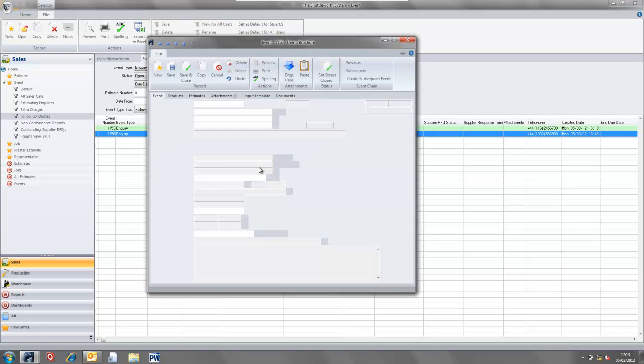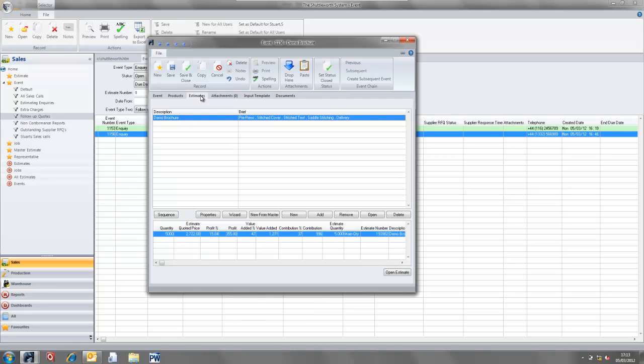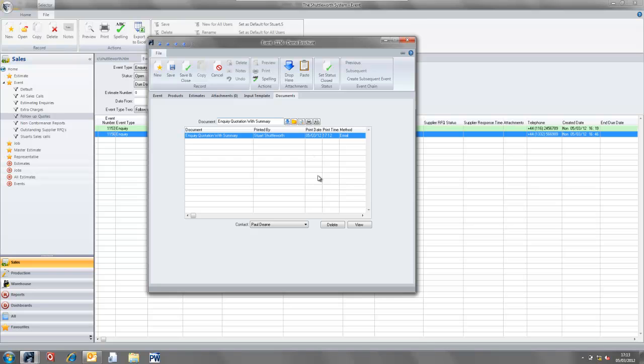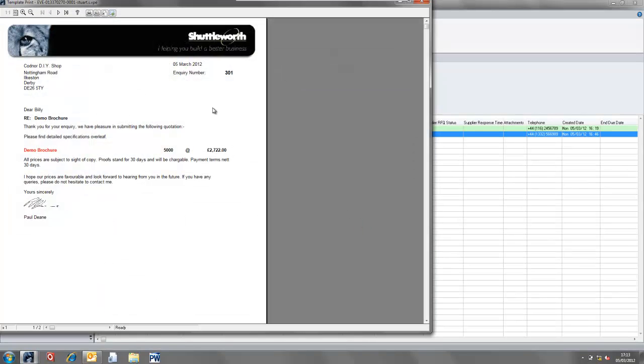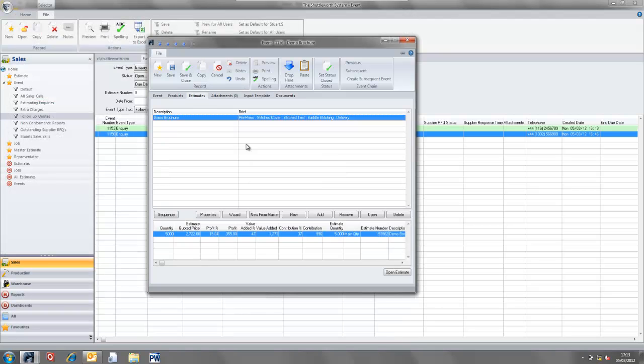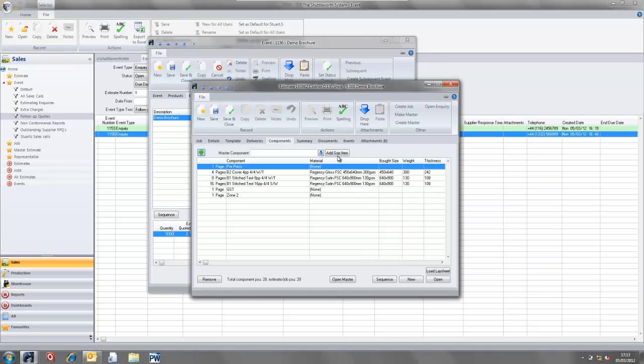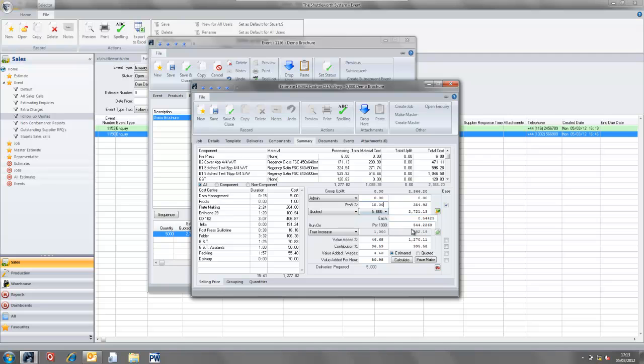he can open up that follow-up quote event, and he can then go to the estimates tab of that event, and he can see the workings of the estimate. If he wants to look at the detail, well, one, he can have a look at the quote letter itself that went out to the customer with all the details from the original estimate, or he can actually go into the workings, if he has permissions, to go into the physical estimate itself and go into the summary area so that he could make any pricing decisions based on all the costs associated with that estimate and the margins